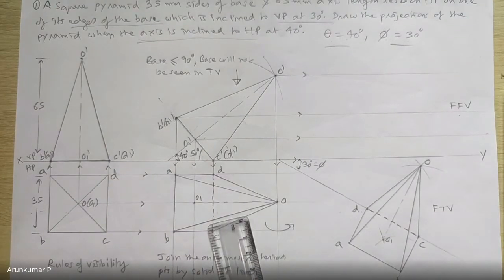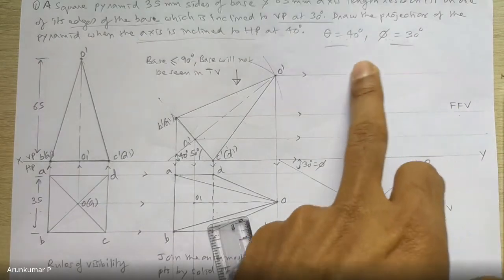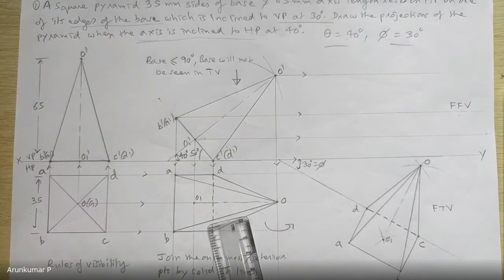Now it is up to you. If you want, you can draw all the 6. 6 by 4, you'll have 24 intersection points. Out of that, you have to locate only 6. So it may be a bit confusing. So as we have done in planes, you project one by one and locate the intersection point.